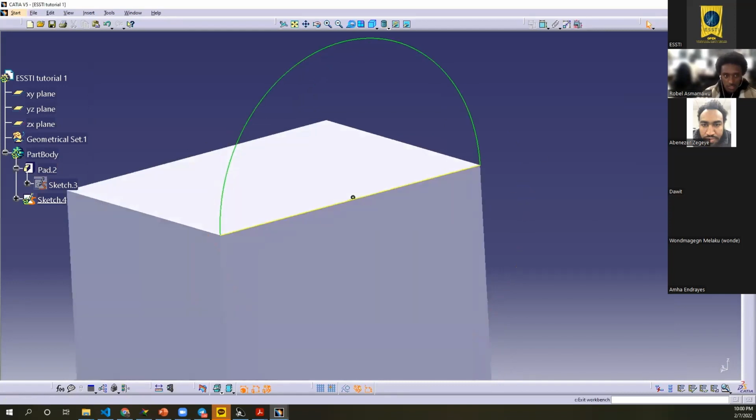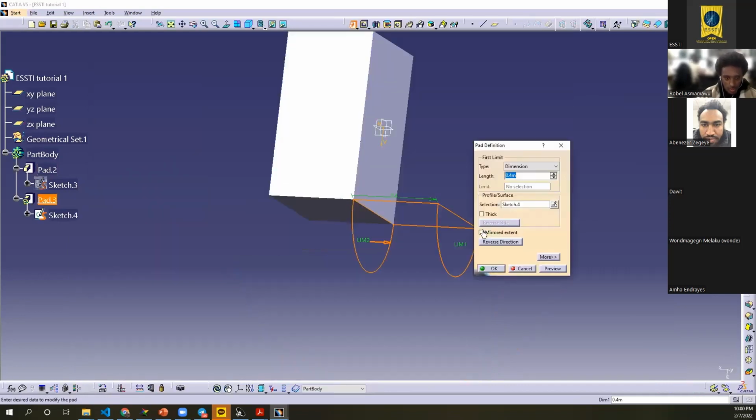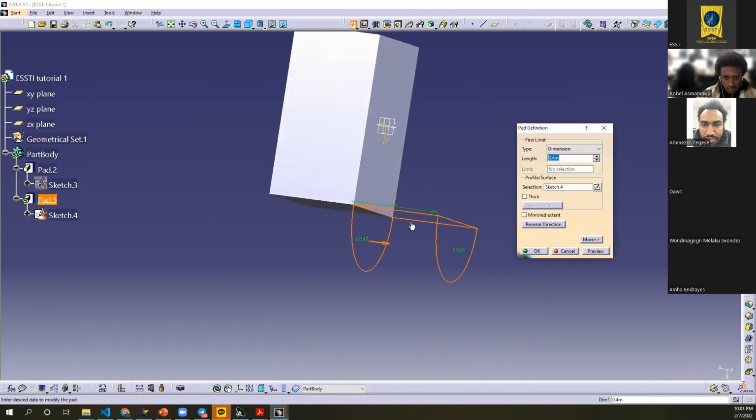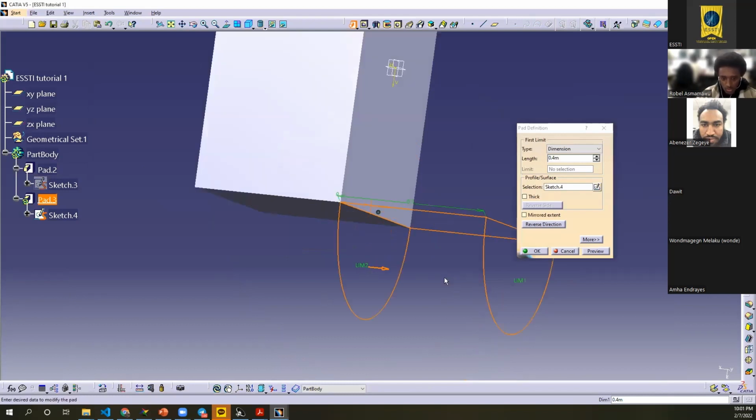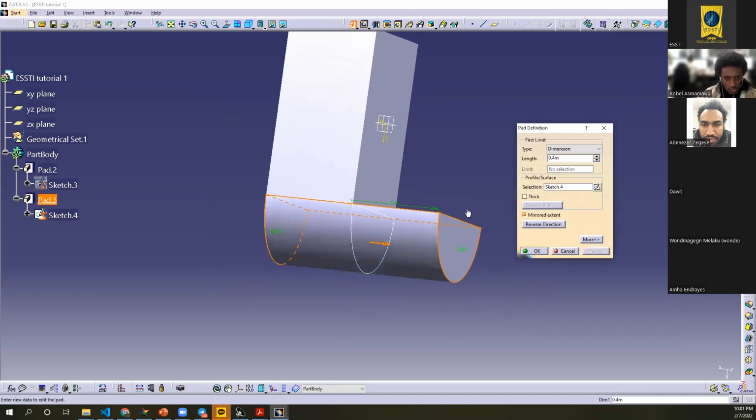But you just press the pad, okay? Press the pad, and then you have to make sure that, let's say now it's going this way, right? The limit 1 and the limit 2, what does it mean? First, the limit 2 means it's going this way, and the limit 1 means it's going that way. But for now, we just have to care about the limit 2. So we have to change it into the other direction. How do we do that? We just press this button, and then we press preview, and then it will show you